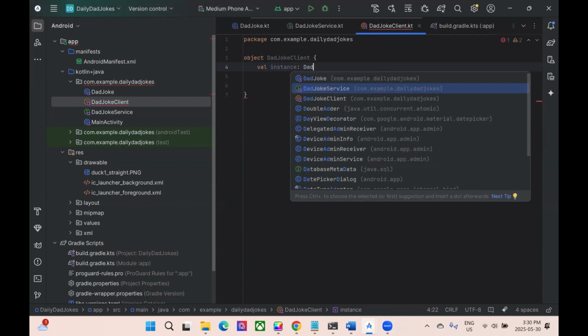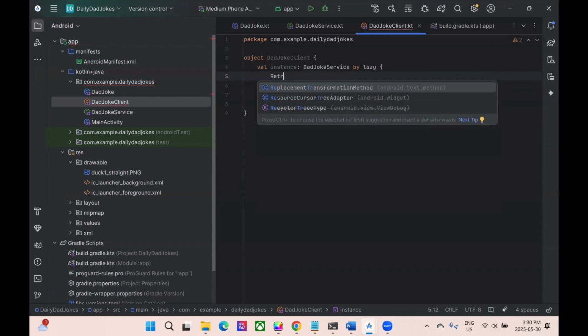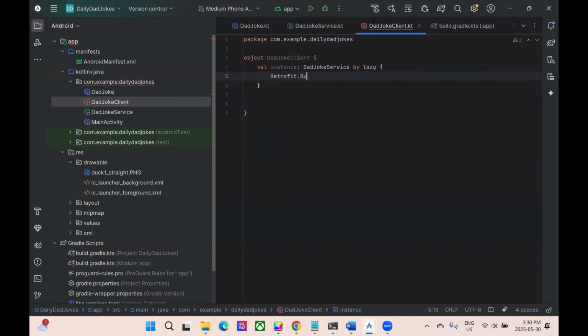From here, what we're going to be setting this instance as is our dad joke service, and we're going to be writing it in as lazy. By lazy means don't build it unless we need it. So the first time that we need this instance is when it needs to start building. Inside of here, we're going to be using our Retrofit library,